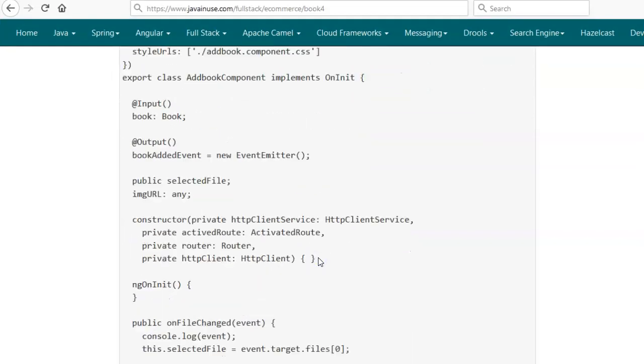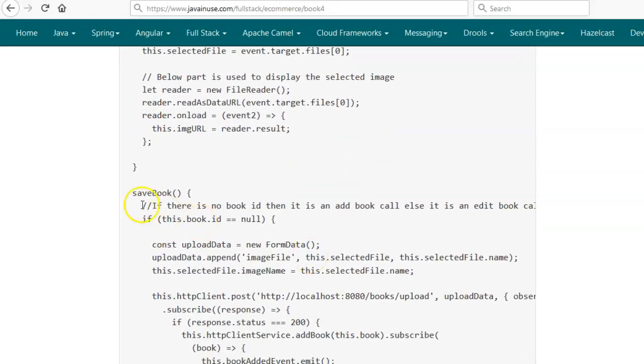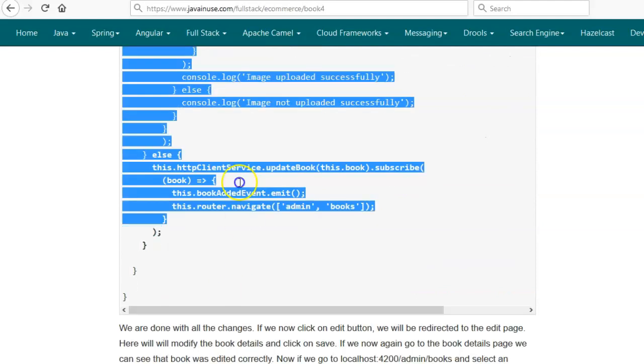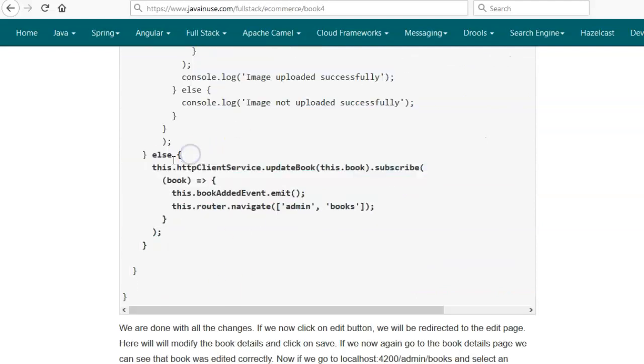When the user clicks on the save button, the save book function gets called. Here we'll be checking if the book ID does not exist, it means that it is an add new book call. So this will be similar to what we have previously implemented. If the book ID exists, it means that it is the edit book functionality call. So here we'll be adding our own call where we'll be making a call to the update book method.